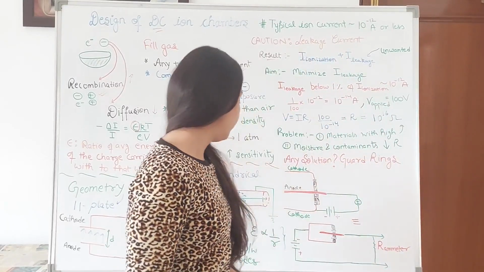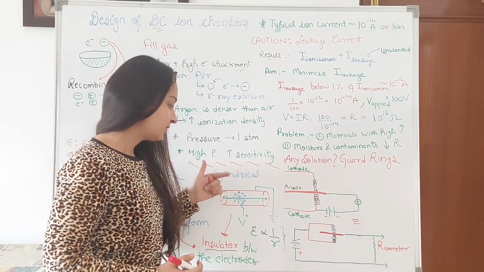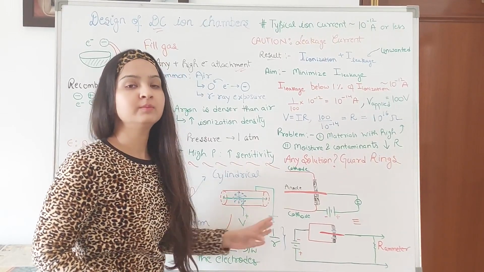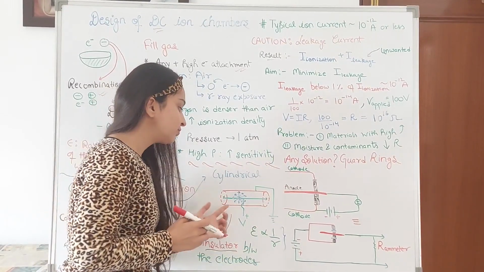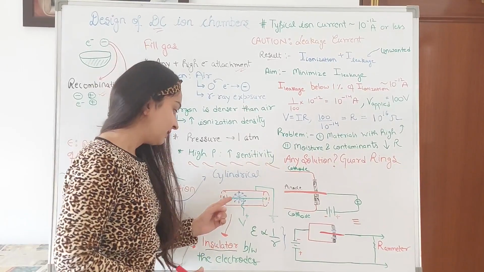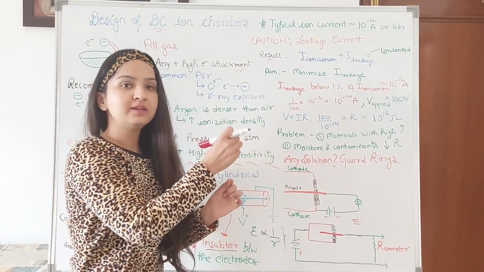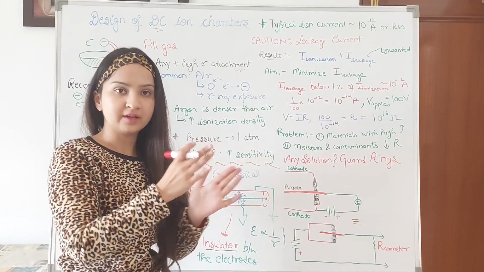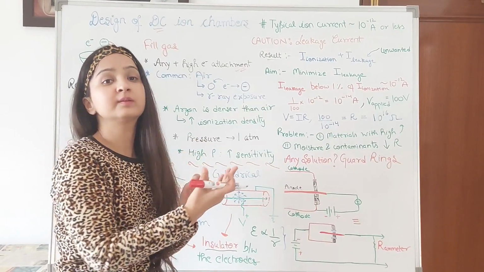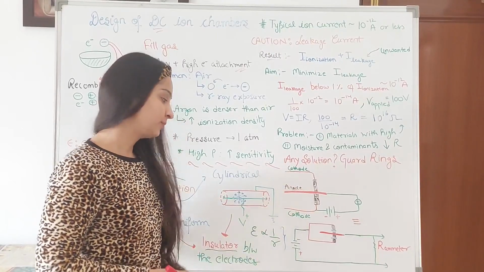Secondly, talking about the cylindrical geometry, in which this hollow cylinder will be acting as cathode. So you have grounded this, or you can maintain it at negative potential. Central wire, this will be the anode, and it will be maintained at positive potential. And in this case, the electric field at any point on the anode wire will be in radial direction. It will be emerging outwards in all directions. So it looks like this, and